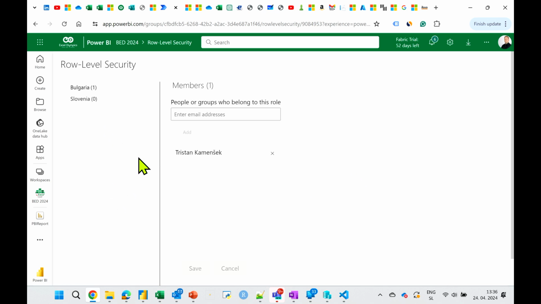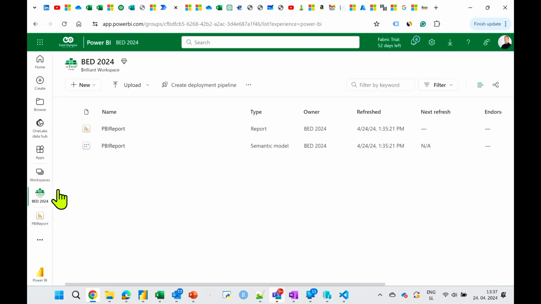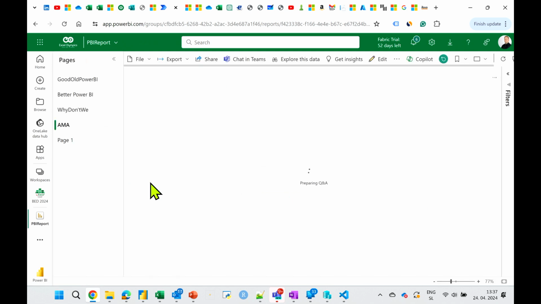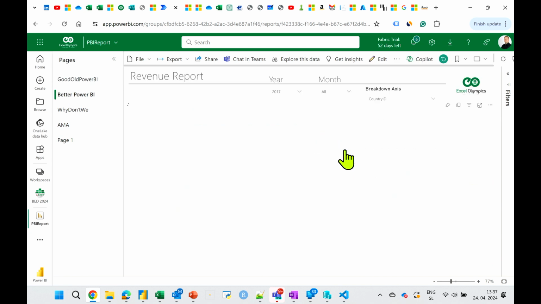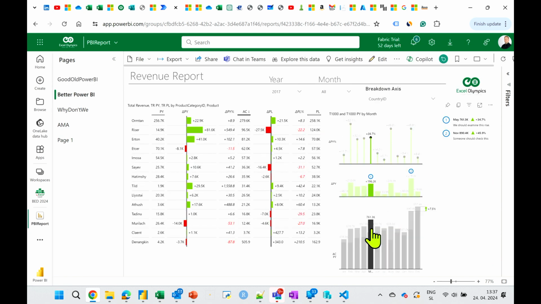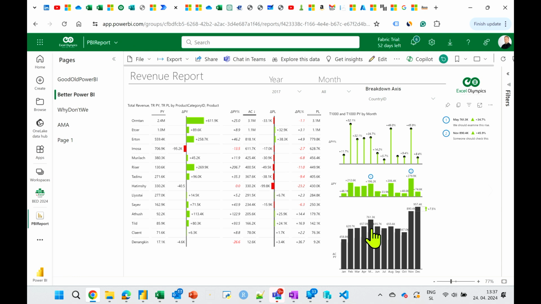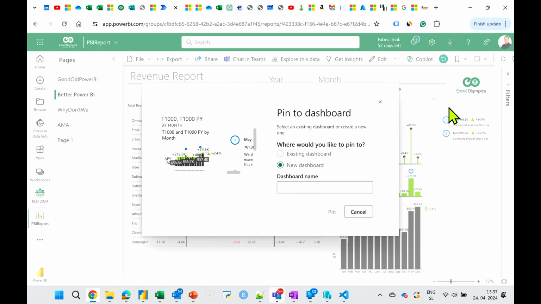But it gets even better, and we're getting close to the ultimate better. If somebody's consuming this report, it works exactly as intended, so you have the same features you had there. But remember when I said nobody's really satisfied with the report that you've done? So now they can say, I don't really need this left part, but this I like. So I'm going to pin it to my own dashboard. I'll create my dashboard, I'll call it Gašper. There it is.